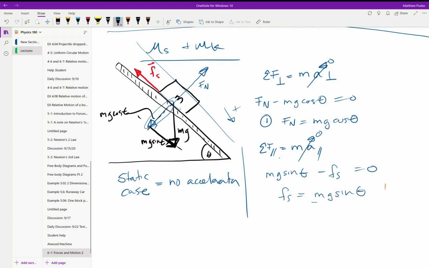So if you knew something's mass and the acceleration, we could find the angle that'll cause the object not to move, because it's under the influence of static friction. And what we could do is realize